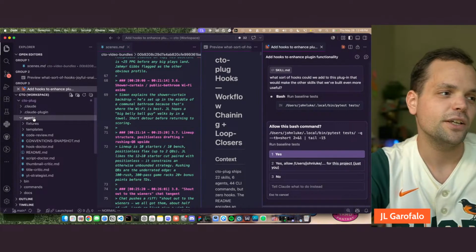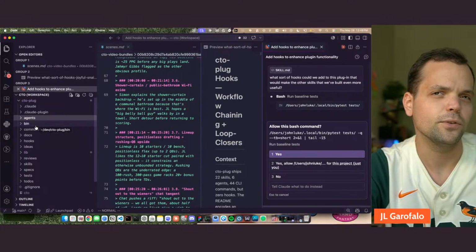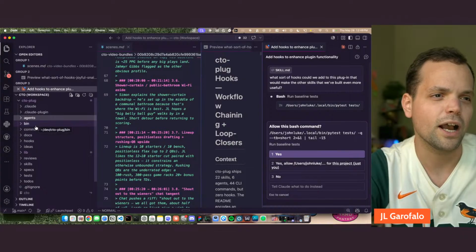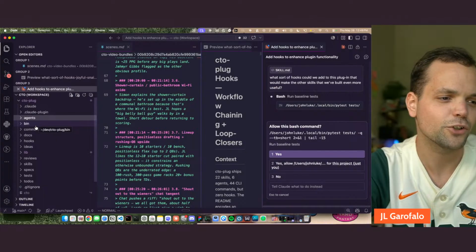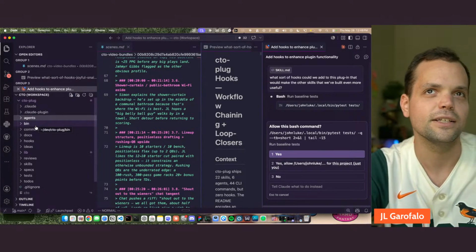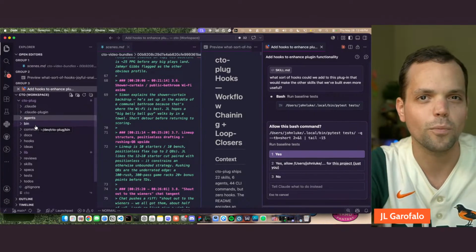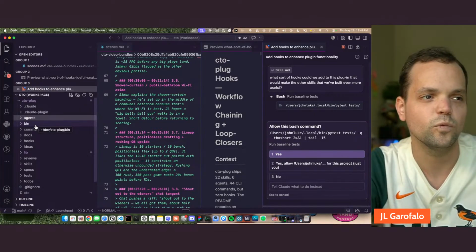We got agents here, which are our different subagent definitions. The main difference with subagents versus skills is that a subagent is going to load the context entirely, so it's not as useful for a specific instance where you're trying to do something. It is useful when you have a task that you can delegate and you want an overall perspective loaded into the prompt.